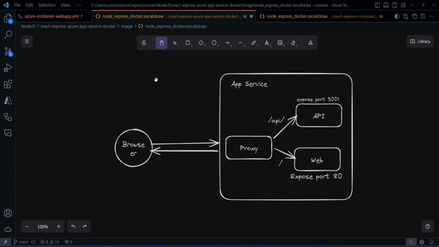In this video, in one of our previous videos, we took the three-tier application where we have the front end and back end. We had a proxy and we deployed to Azure App Service using Docker Compose. In this video, we'll take that same application and do the complete end-to-end automation with the help of GitHub